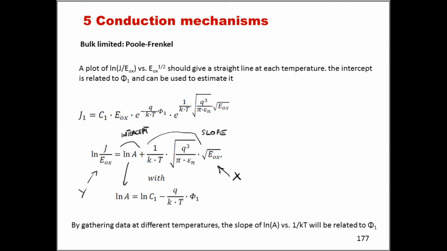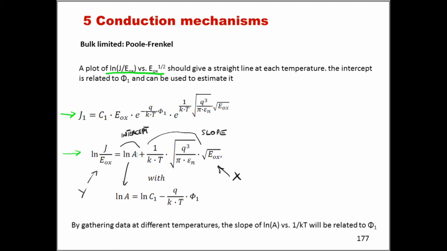So here what we do is a plot of this type, ln j over Eox versus the square root of Eox. And indeed, if you do that, you start from the relation we've seen previously. So if we calculate ln j over Eox, the right hand side can be transformed in this way,